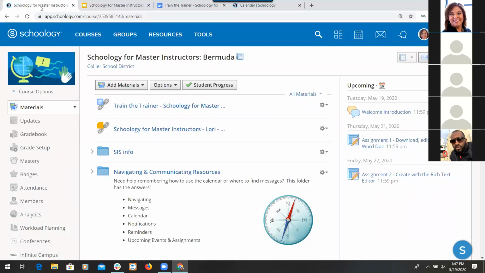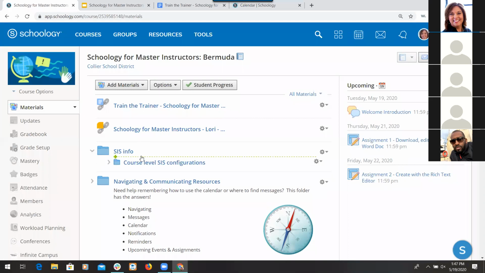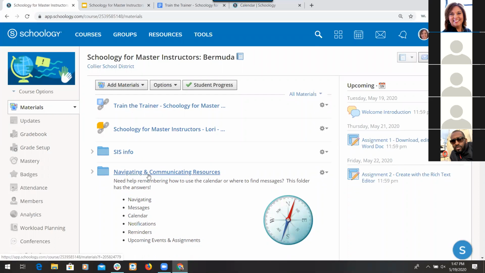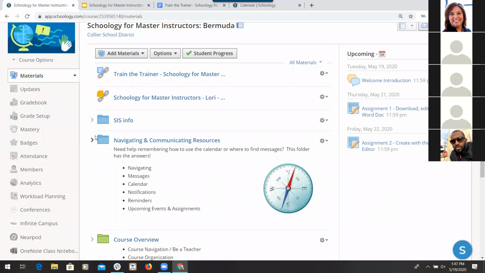Inside of the training course are lots of resources. Typically, when training is done, we'll make a couple of you admins, and you can copy over the different pieces of information so that you can use them for your own training. No point in reinventing the wheel when you have to do training, so you can use our items. Inside of here, there are some student information system items. The stuff for PowerSchool is in there. Navigating and communicating. I did most of these